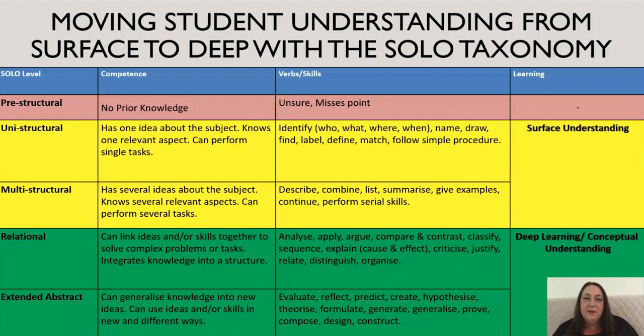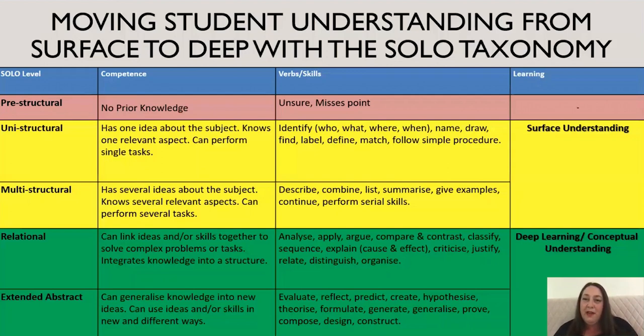So the idea is that pre-structural is where the student hasn't learnt about this. They haven't been exposed to it. So even using that Carol Dweck notion of not yet, they haven't achieved that yet, but only because they haven't learnt that yet. Unistructural is one idea. So they know one singular idea. And we want students, when we use the SOLO taxonomy particularly, it's really, really great to use to support a success criteria. So 4 steps in a success criteria. In that very first step of being able to identify or define are 2 that I really like there. It gets everyone on the page.